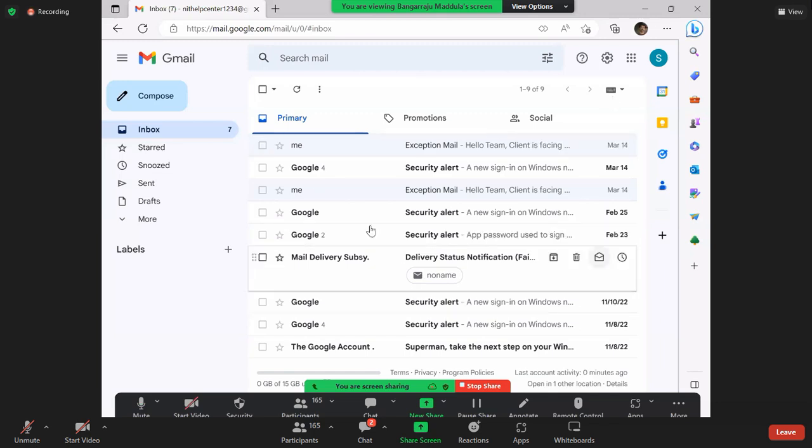Why? Because my credentials are stored on this machine in the form of a cookie already. Otherwise, the login page will come and you need to log in. Did you catch my point or not?